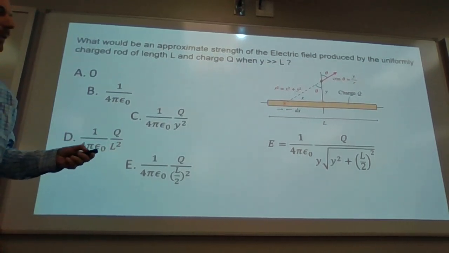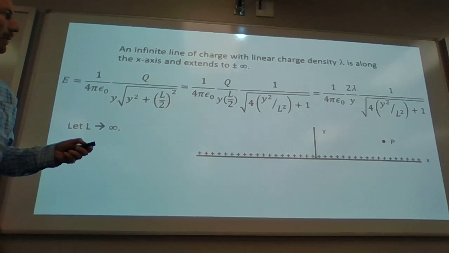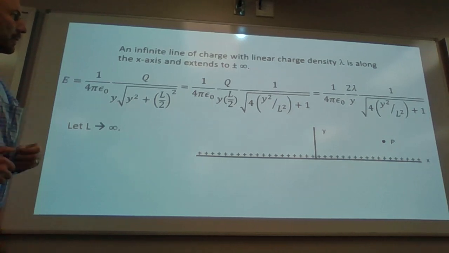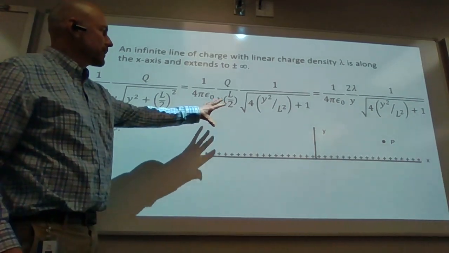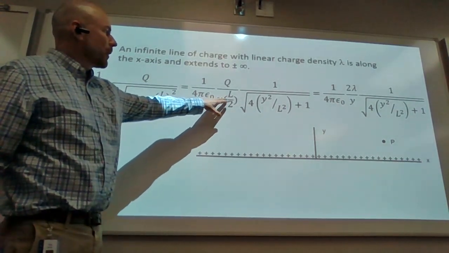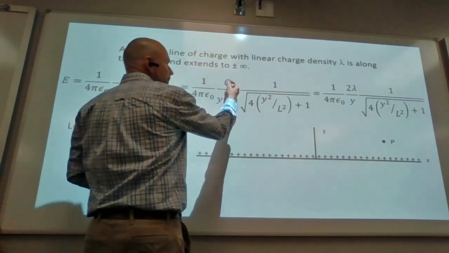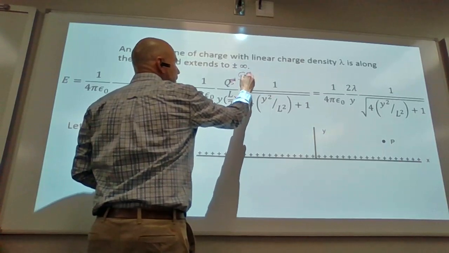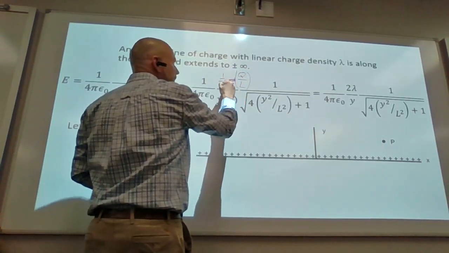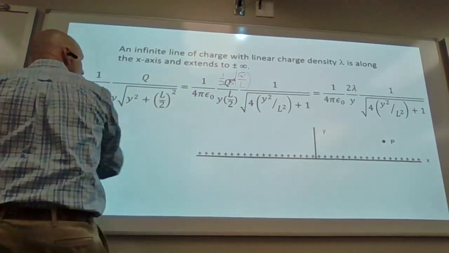Okay. And with... I think I'm just factoring junk. Yeah, I'm doing some crazy math just to get things in the right order. What I want to do is pull L out of here so I can put this as Q over L times 1 over 1/2. 1 over 1/2. So